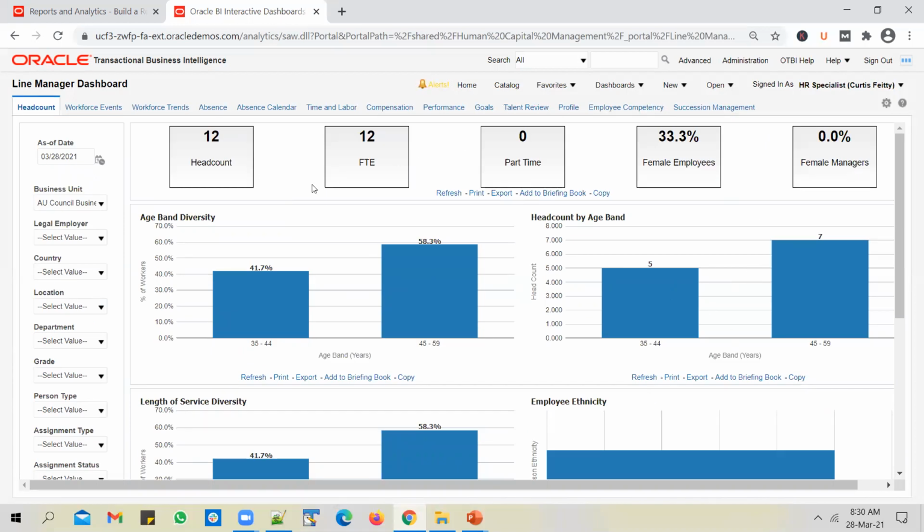So if you have to plug in the entire content that you're seeing on this page, say, for example, if you want to pull this entire headcount page and include it as part of your custom dashboard page, can you do it? Yes, you can include it. And not just that, you can also modify the reports that you have on the line manager dashboard. You will not be able to edit the report and save them directly, but you have to do a save as, and then plug out the seeded report and plug in your custom report that you saved. So let's see how to add in this headcount page from the line manager dashboard onto the custom dashboard